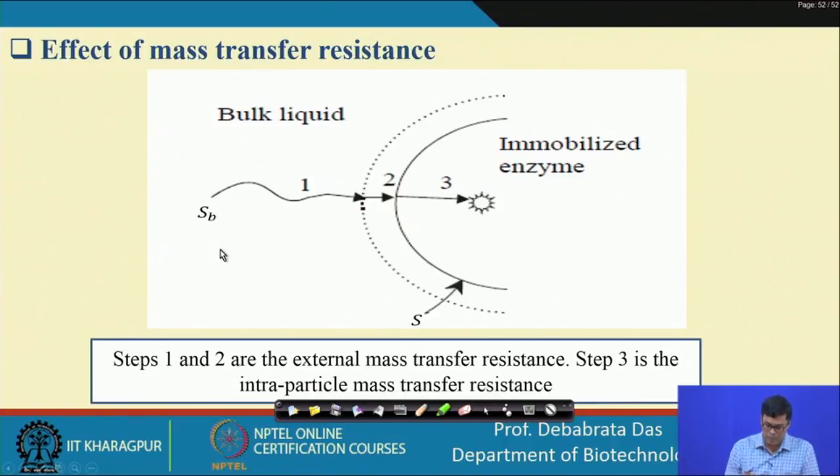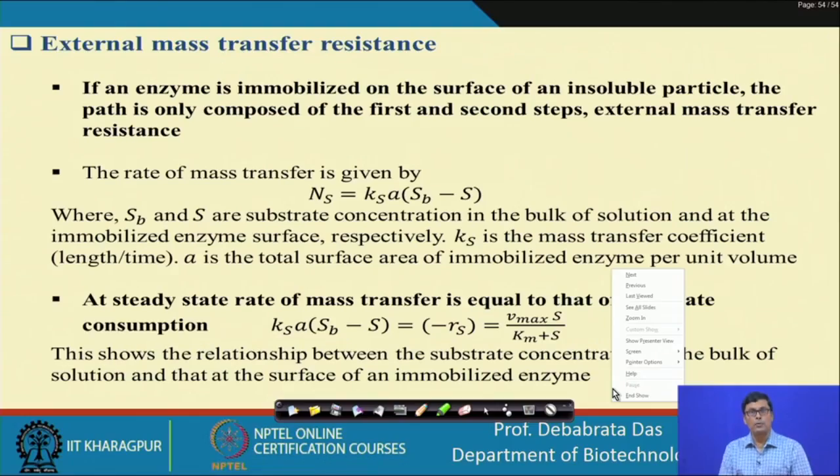This is the substrate, this is the bulk, am I right? The bulk substrate is diffused to the surface, and this is the stagnant zone. It comes like this, and then it diffuses here. So, this is steps 1 and 2, external mass transfer diffusion, and step 3 is the intraparticle mass transfer diffusion that takes place. Here I try to discuss how the external mass transfer diffusion